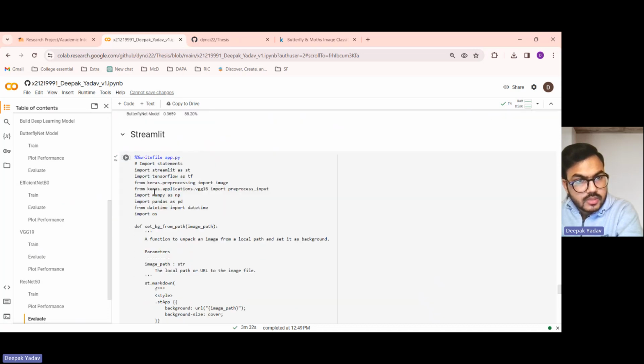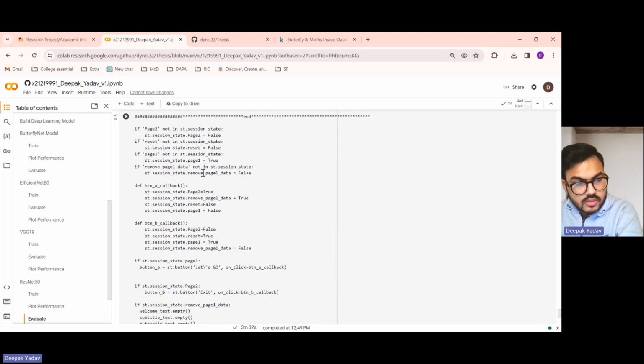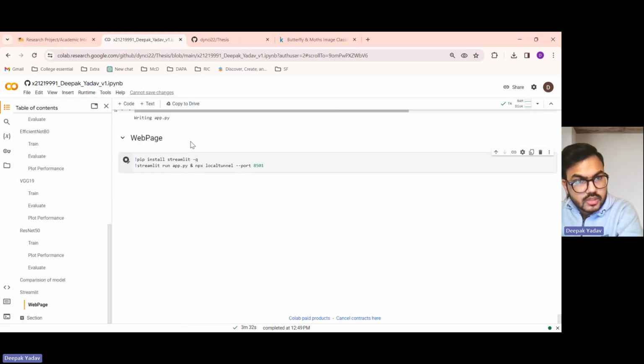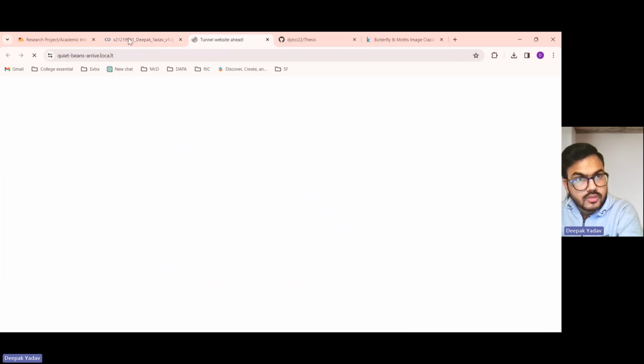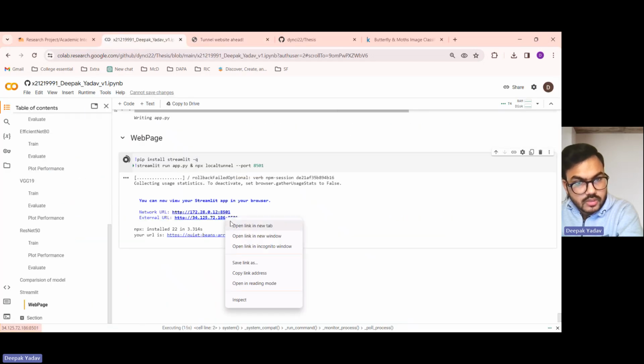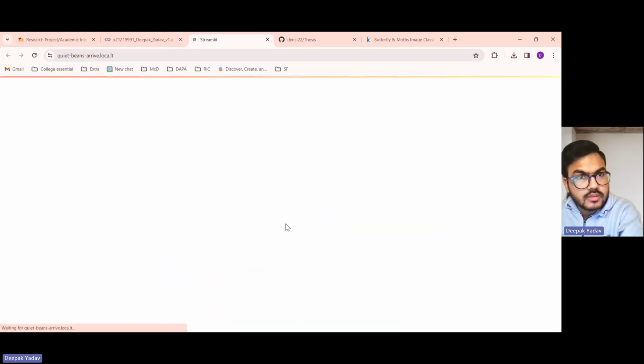Coming to the deployment part, Streamlit is a Python library which is used to create a website. I have used this, and I will show how we are doing it. For running the website, we are tunneling it through a local tunnel using npx. So this code will make it run over here. Every time it gives a different URL. You go over here, you copy the external link, and we give just the IP address over here. We remove this, click on submit, and we can get